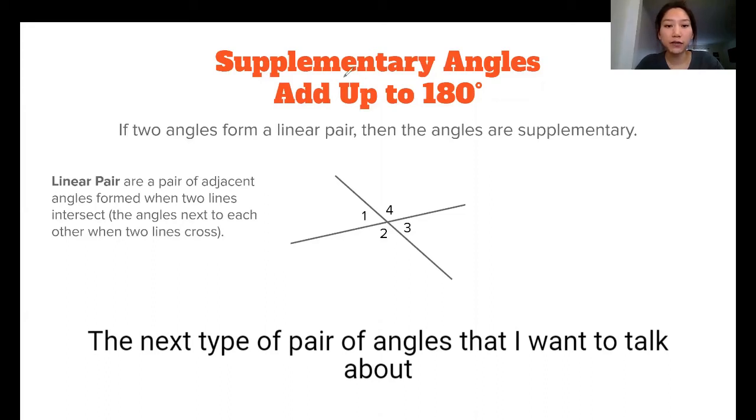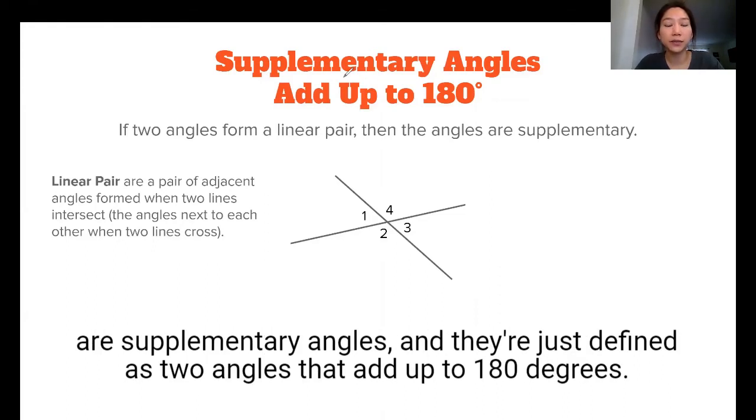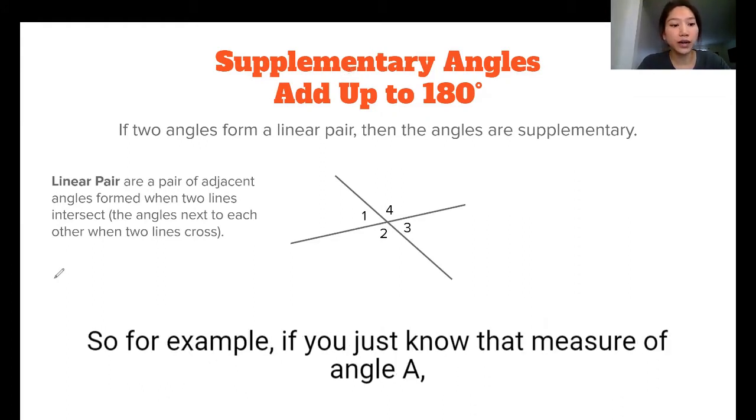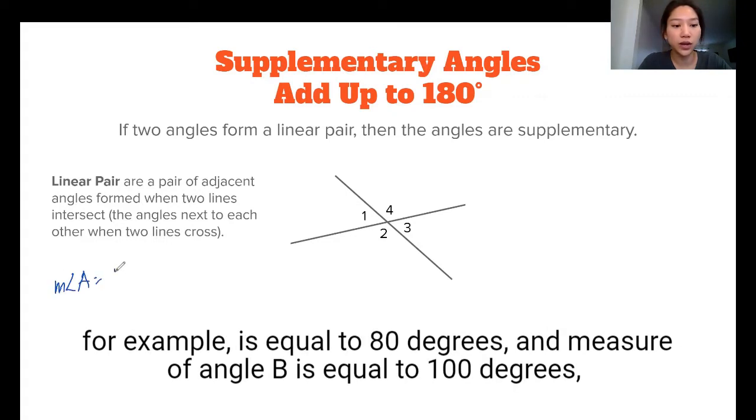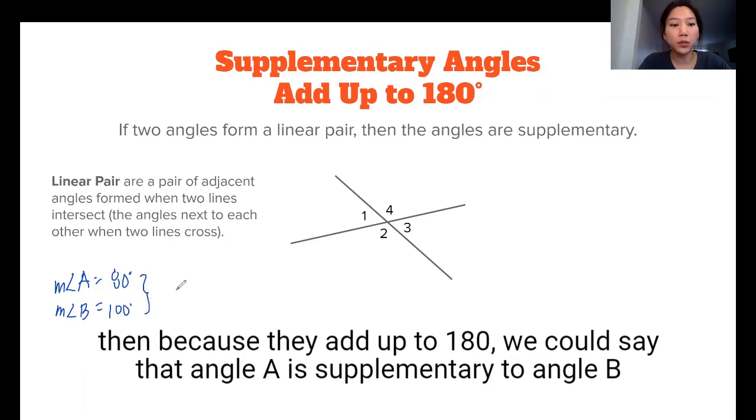The next type of pair of angles that I want to talk about are supplementary angles, and they're just defined as two angles that add up to 180 degrees. So for example, if you just know that the measure of angle A is equal to 80 degrees, and the measure of angle B is equal to 100 degrees, then because they add up to 180, we could say that